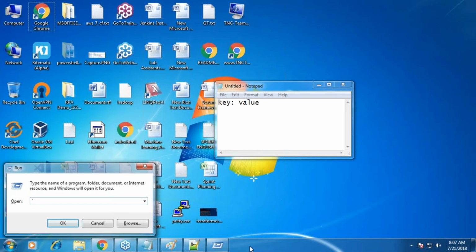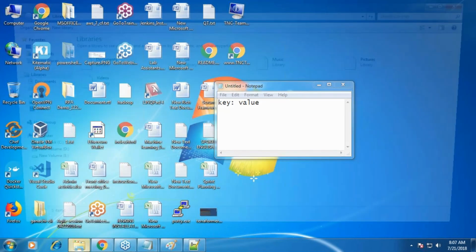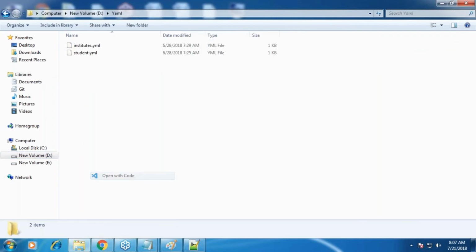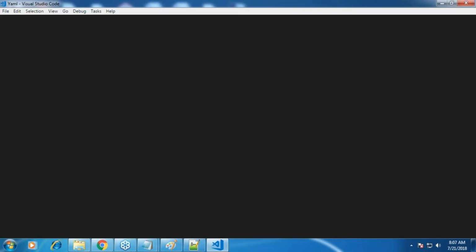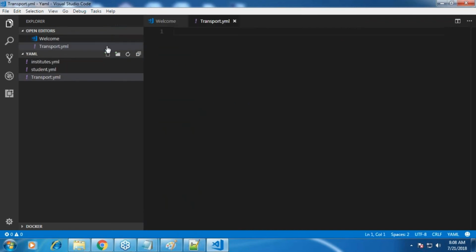Let me use some other software for this. I want some help in writing this. We'll be installing these softwares by the end of this class. I'll just show you how to do that. But let me go ahead and write something called transport.yml. So generally these files are stored with YML or YAML format, right? Both are correct.